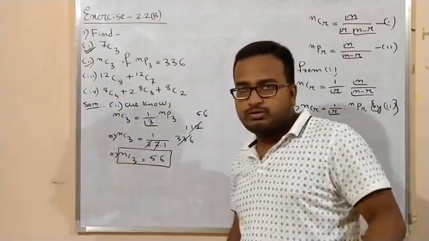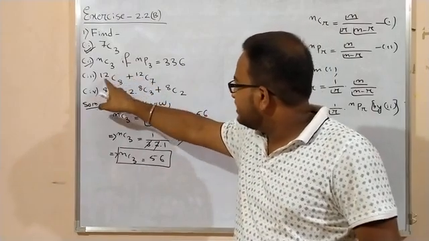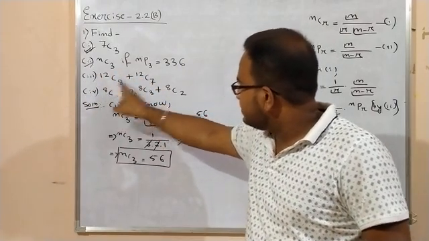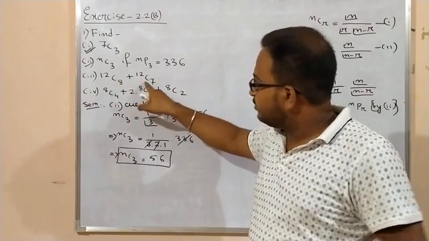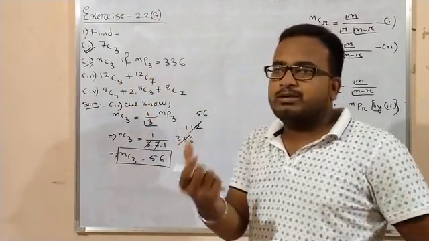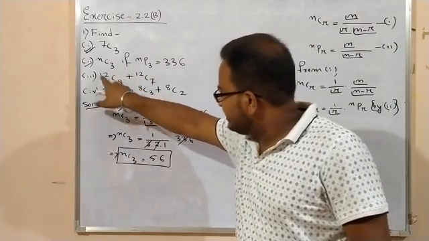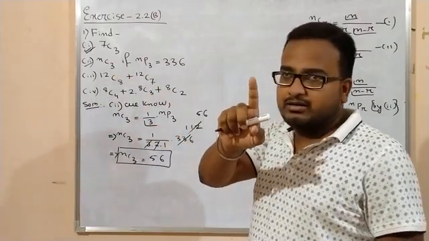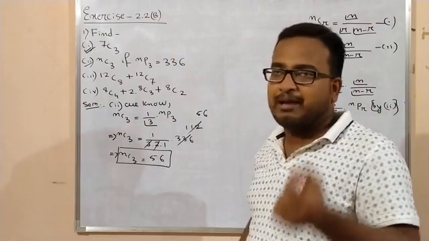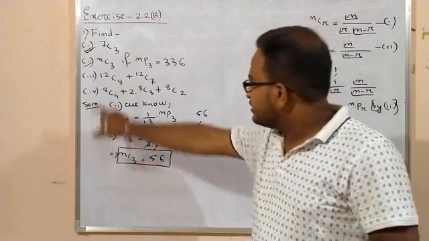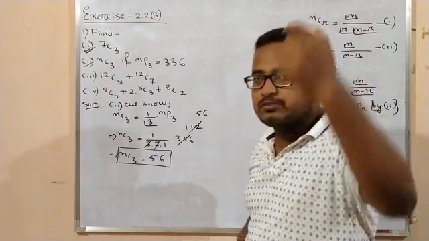मैंने क्या बोला कि इस तरह की जो प्रॉब्लम होता है स्टूडेंट्स क्या करता है, पहले इसको कैलकुलेट करता है, इसका वैल्यू इस फॉर्मूला से, फिर इसको इसका कैलकुलेशन करता है इस फॉर्मूला से, फिर इन दोनों को सम अप करके फाइनल आंसर लिख देता है, राइट। ये जो टाइप का प्रॉब्लम होता है ये एग्जाम में 1 मार्क का आएगा, तो अगर आप इस 1 मार्क प्रॉब्लम के लिए इतना बड़ा कैलकुलेशन करोगे तो आपको टाइम नहीं मिलेगा, आप 100 मार्क्स एग्जाम में कर नहीं पाओगे। ओके, so this type of problems better to solve by using these properties of combinations.